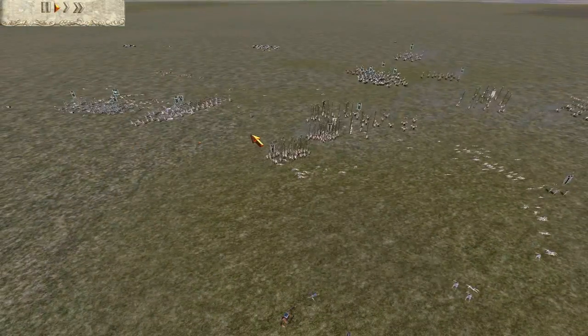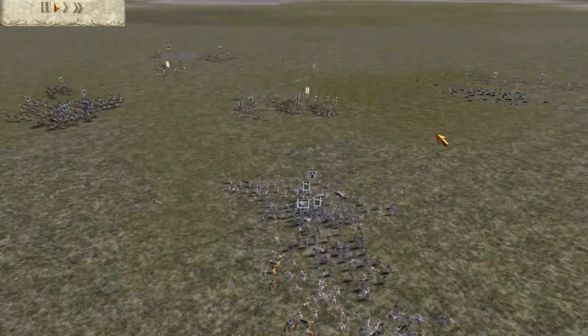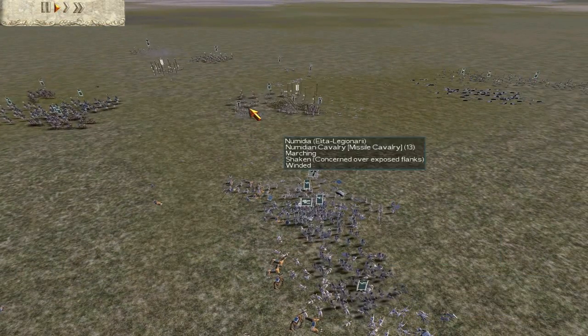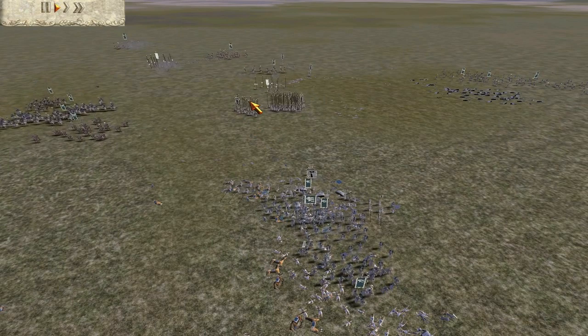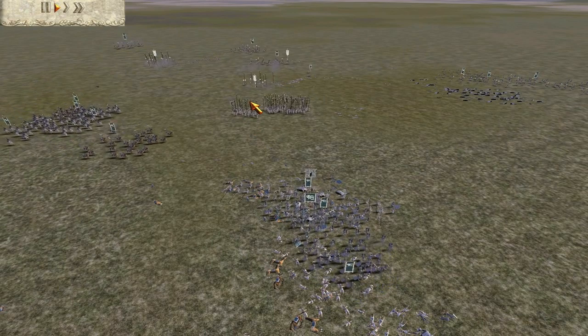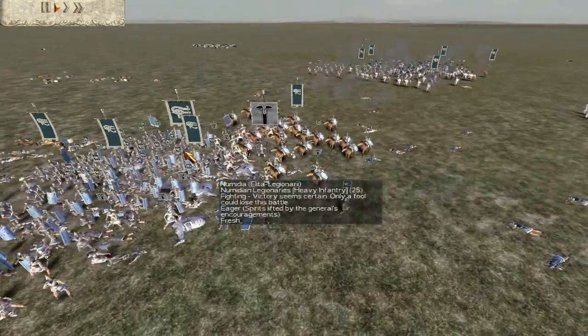If you're going up against Numidia, say like against a Seleucid army, if you're playing as Seleucids and someone brings Numidia in, you probably expect they're going to try and skirmish you. Because if they're going to go with a normal build, they're going to lose every time. But a skirmishing build could potentially beat a Seleucid army. So here,